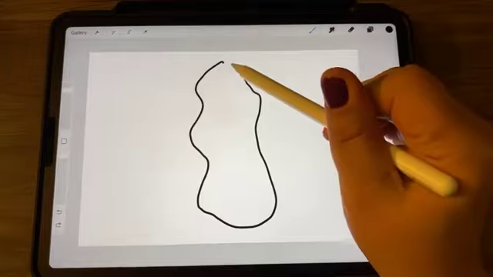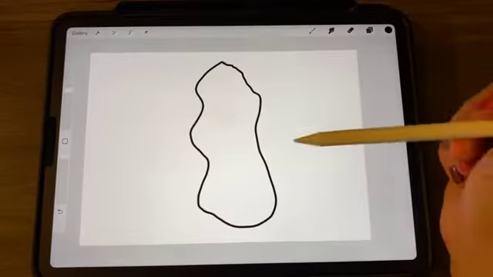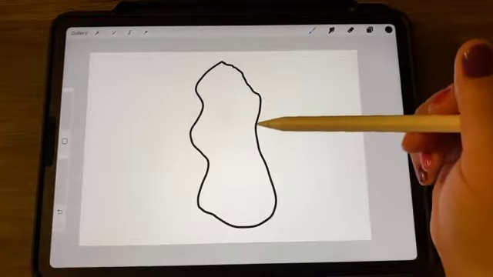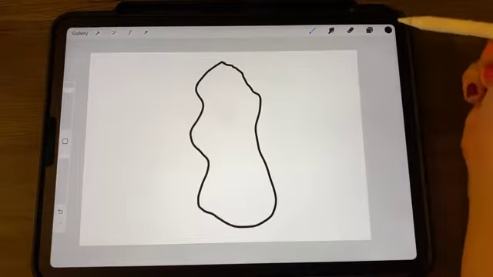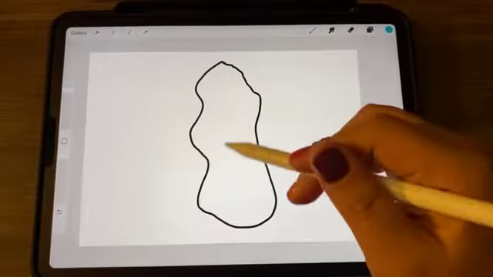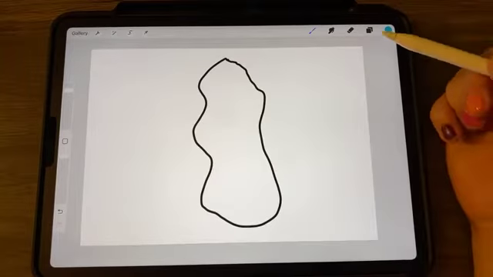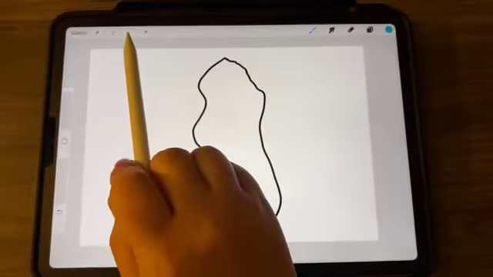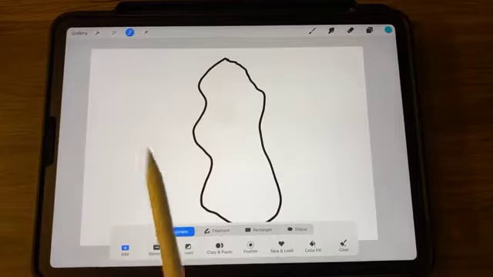So what the guy did in the tutorial to show how to use the selection is he just kind of drew like this weird blob, and then he was showing you how you can select different areas of this canvas and color fill them. So let me go and choose a color. I'm just going to choose this teal, so it's a lot different than the black, so you can see the differences. So the selection menu is this little ribbon right here, and when you tap that you get this